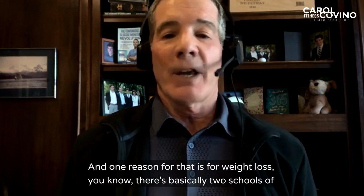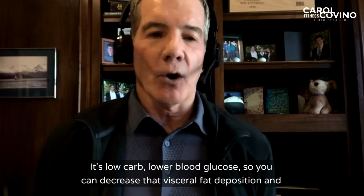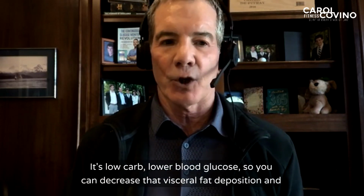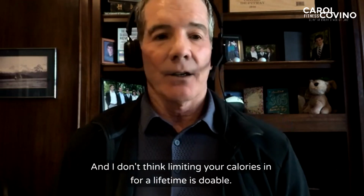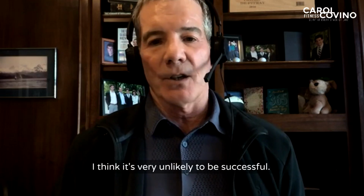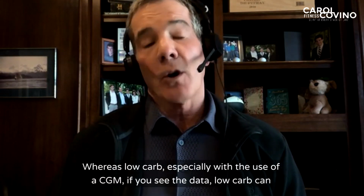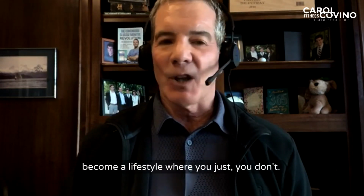And one reason for that is for weight loss, there's basically two schools of thought. It's low carb, lower blood glucose, so you can decrease that visceral fat deposition and then reverse that, or it's calories in, calories out. And I don't think limiting your calories in for a lifetime is doable. I think it's very unlikely to be successful. Whereas low carb, especially with the use of a CGM, if you see the data, low carb can become a lifestyle where